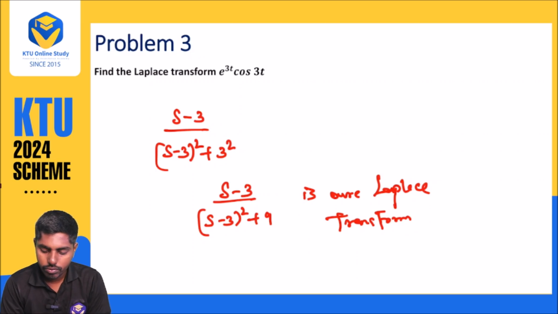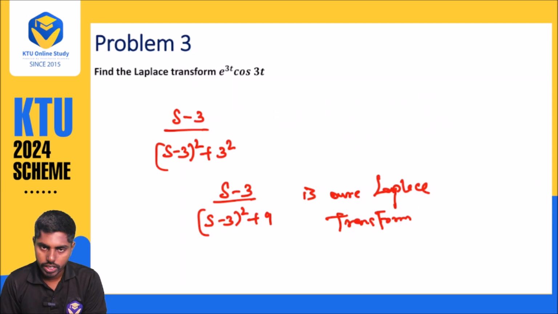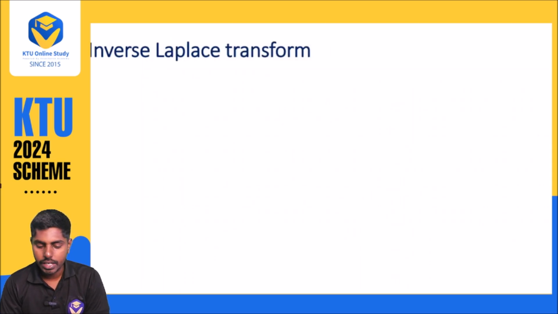That is converting x into t form, f of t. That is f of x into f of t. This is the form you want to convert. That is called inverse. Okay, you are just inversing that term. So the new topic is the inverse Laplace transform. Very, very important. You can expect a question from this area. If you know the basics, the difference between Laplace transform and inverse transform, it will be definitely helpful for your